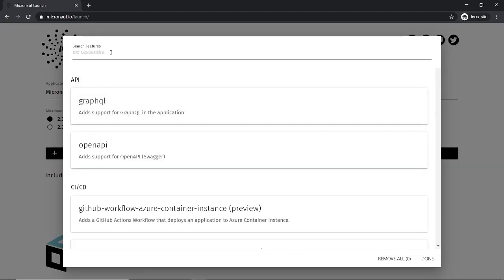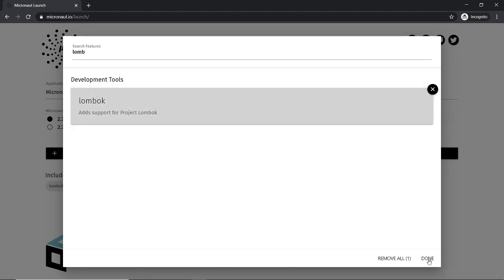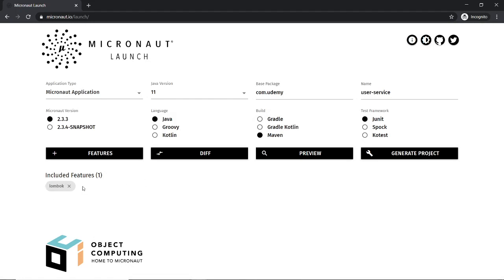Currently, we will only add Lombok in our dependencies, feature dependencies, and other dependencies we will add as and when required. So currently, Lombok is added. Lombok is basically used so that you don't have to write getters and setters and all your constructors.